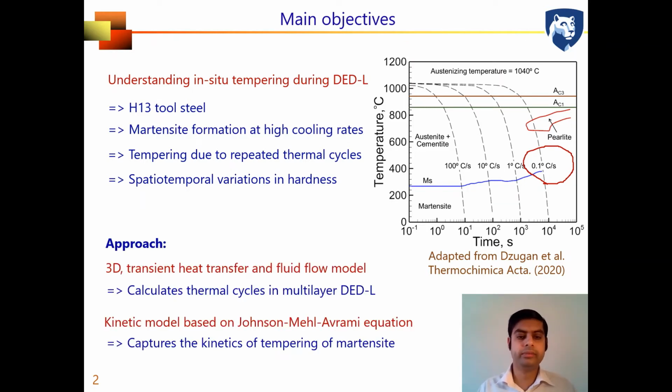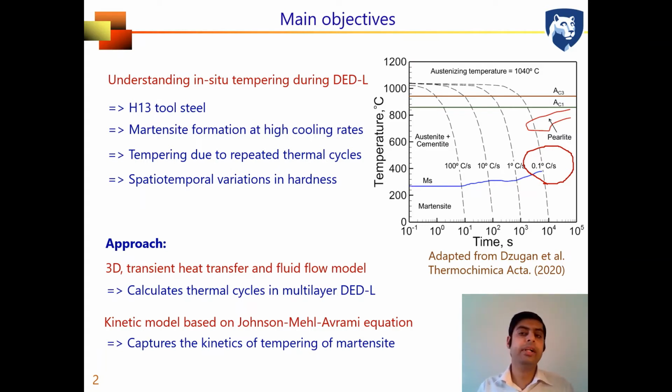And to do that, we use a 3D transient heat transfer and fluid flow model of additive manufacturing process that essentially calculates the thermal cycles, the temperature distributions, and a kinetic model based on Johnson-Mehl-Avrami equation that will capture the kinetics